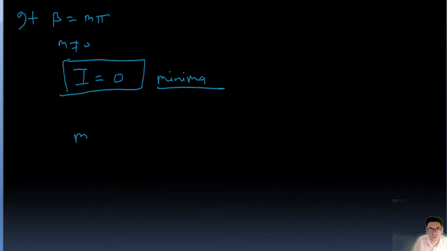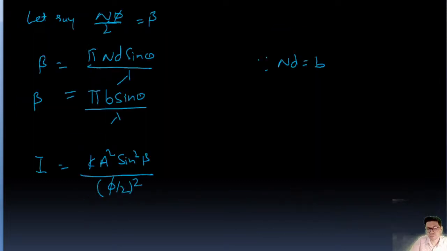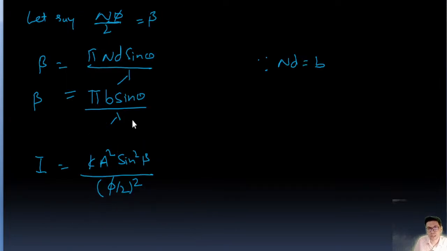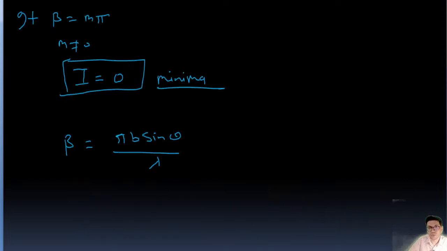So since we know, we have already studied beta equal to pi b sine theta upon lambda, right? This one. Now in place of beta, because beta is m pi, it is going to be m pi equal to pi b sine theta upon lambda, right? So